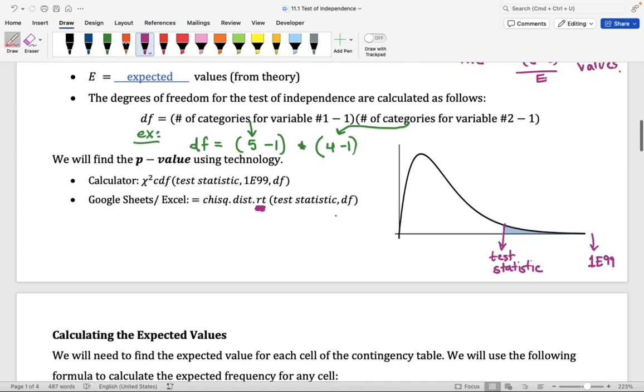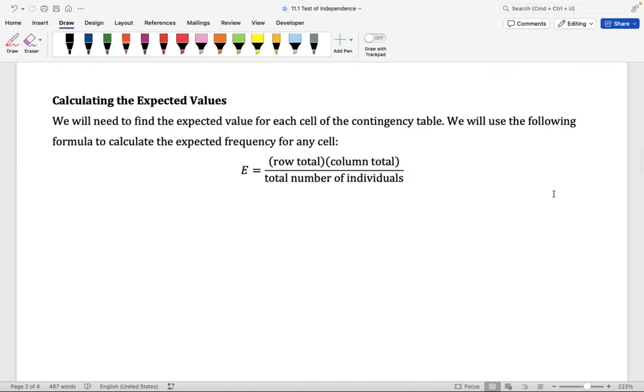And so now let me go into details about how we're going to be calculating the expected values. Like I mentioned before, we're going to need to find the expected value for each of the cells on the contingency table. The way we're finding this expected value is by assuming that the null hypothesis is true. Okay, remember, that is the rule for every hypothesis test. When you conduct a hypothesis test, you need to assume that the null hypothesis is true until you provide sufficient evidence coming from a sample to reject the null hypothesis. And then sometimes we come back and we say we don't have sufficient evidence to reject the null hypothesis. Okay? So the idea here is that we're assuming that the null hypothesis is true. We're assuming that both of the variables are independent.